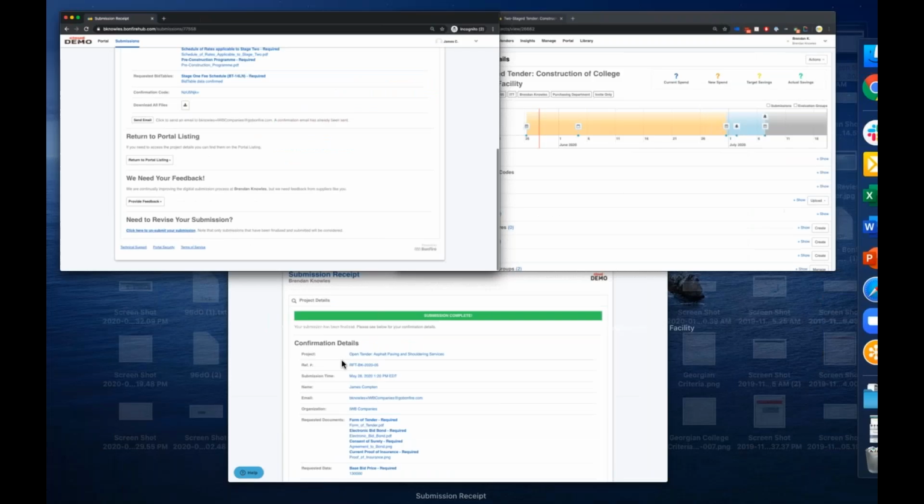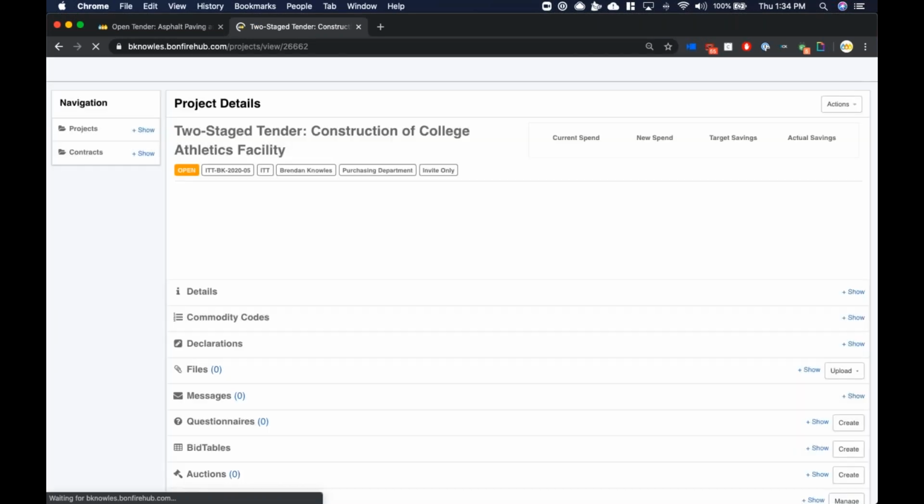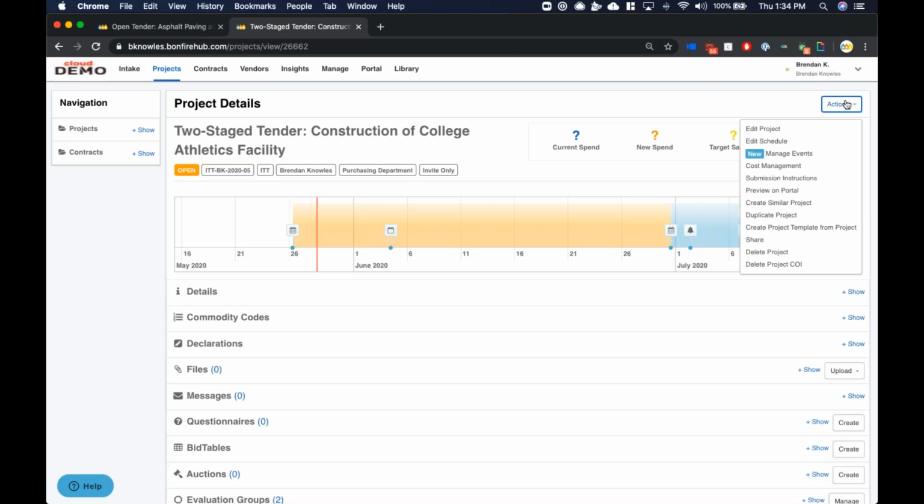Perfect. So jumping back to the perspective of a project owner, the idea with a two-stage tender is that you have the initial stage where you're going to work with a preferred vendor in a pre-contract scenario where they're going to provide you with preliminary costs and will help you tailor and develop the design and construction methodology. Once that first stage has concluded and you're ready to move on to the second stage, the vendor is then going to be expected either to provide a fixed rate or a fixed price for the rest of the construction project, or you may opt to open up the opportunity to the original vendors who'd all submitted for a second stage of proposal collection and evaluation.